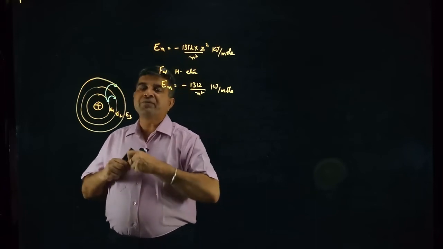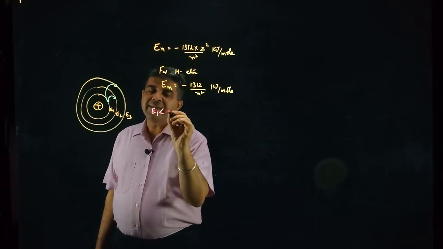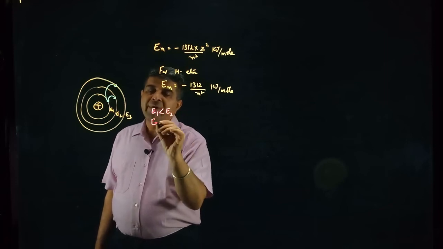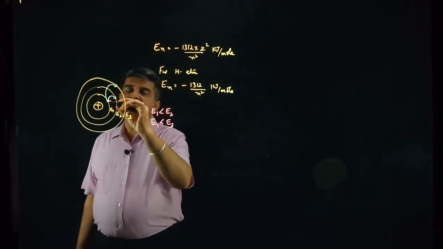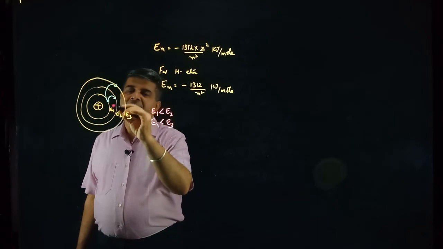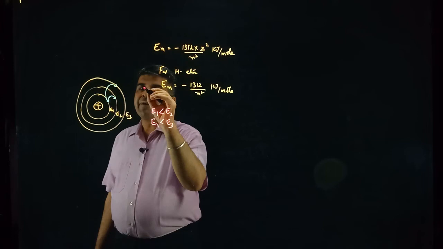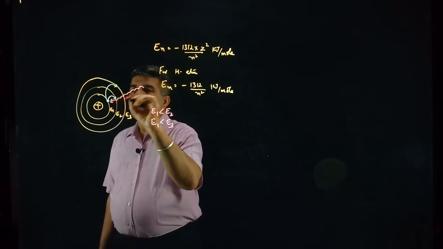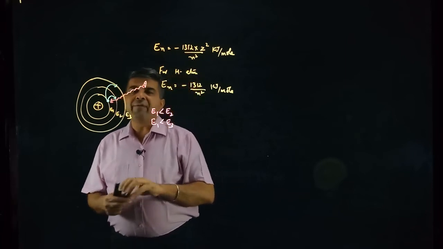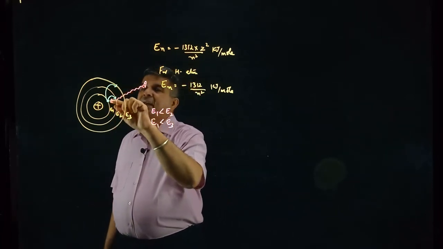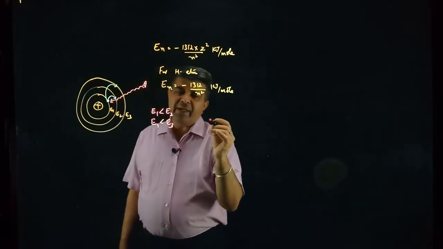Without energy, because we have to increase the energy. Now in this case, E1 is less than E2 or E1 is less than E3. So if the electron is to be shifted from the first energy state to the third energy state, then we have to increase the energy, and we have to provide energy by a wavelength. So a wavelength has to be made incident, then only the electronic transition is possible. So we can calculate the energy required.